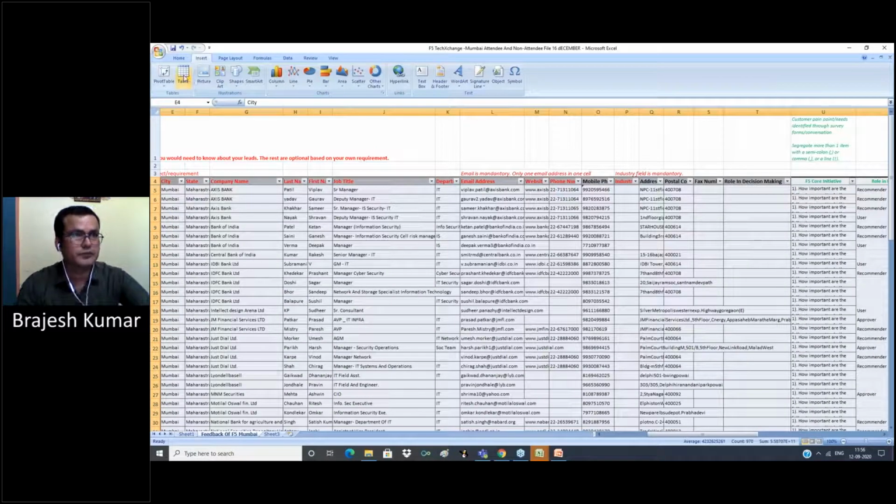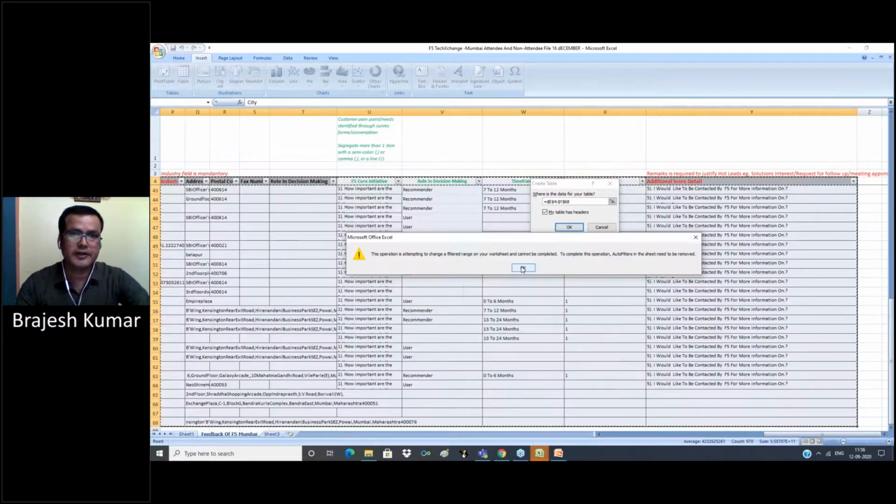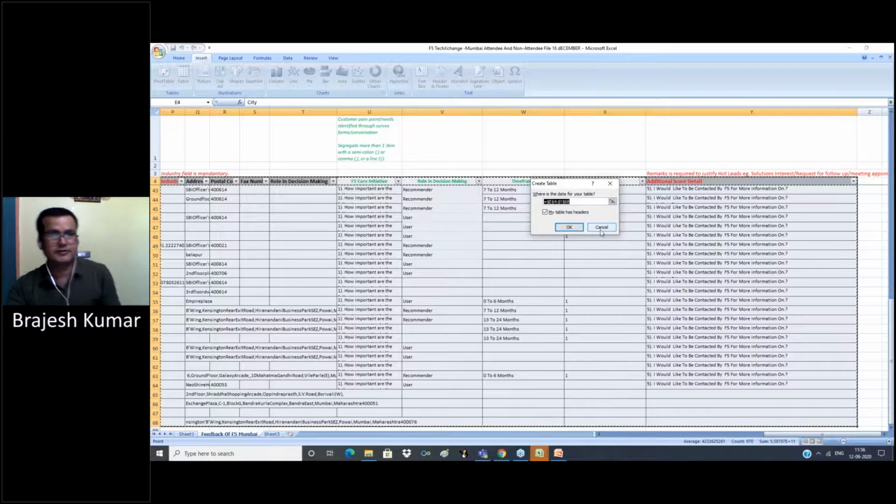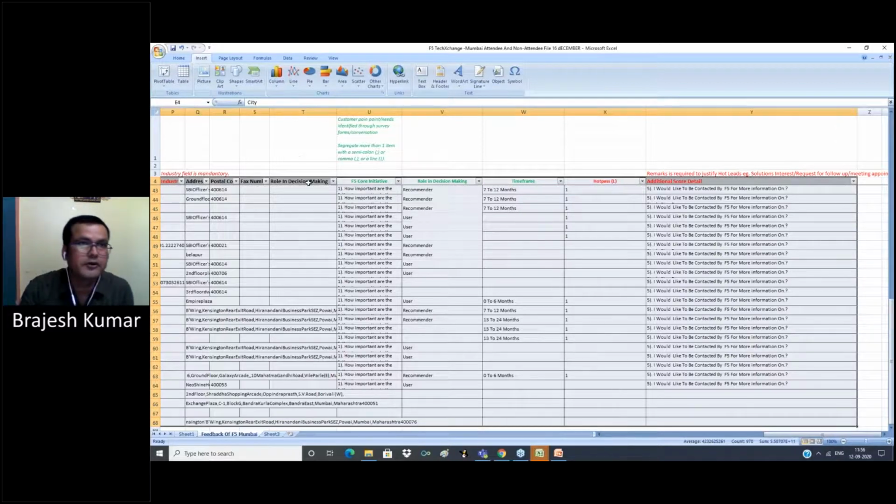Now, to convert data into a table, we select the database, click on table and click OK. This converts our database into table form.